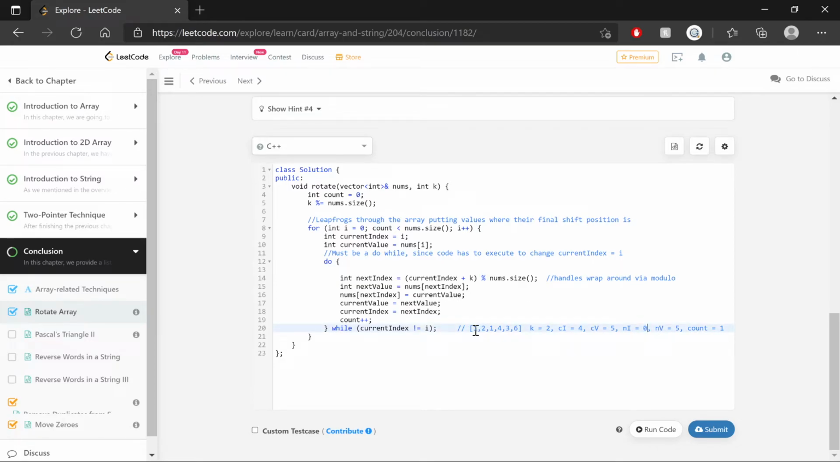Next value records that 1 that's still there from the beginning. Then the replacements happen. So num's next index here is set to the current value, which is 5. And then current value becomes next value, which in this case is something that we've already completed, and current index becomes next index. But now our while condition recognizes, hey, we've come back to where we've started. Current index is now equal to I again, so this loop stops and returns control back to the for loop